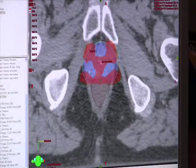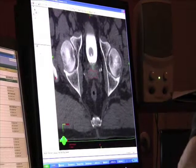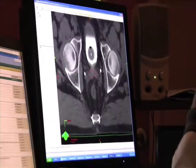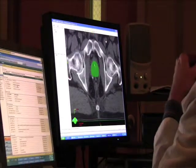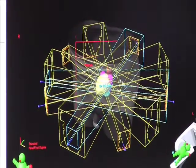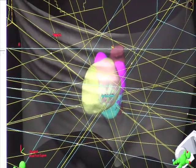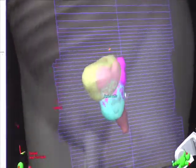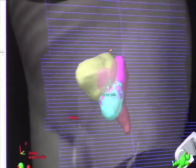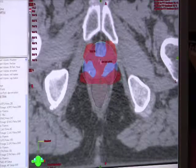We know that the machine's going to deliver the dose that we tell it to do. So it is important for us to keep the beam exactly controlled, exactly where we want it. Very fine detail every day that a person comes in for radiation therapy. That's the reason that so many of our treatments are lined up by daily imaging, the way that we do the radiation therapy in these days. That's called image-guided radiation therapy. We always use image-guided radiation therapy when we're doing intensity-modulated radiation therapy, which is the most common way of treating